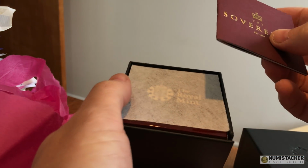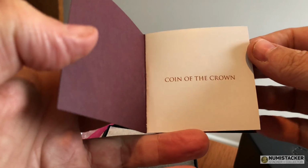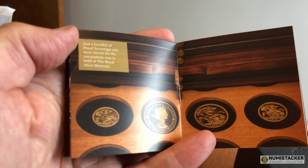The first thing you see is a little brochure. They've kept the same kind of design of box now for a few years, and you get to see the story, and they've got a few new pages in this that I hadn't seen before. This is an interesting one,